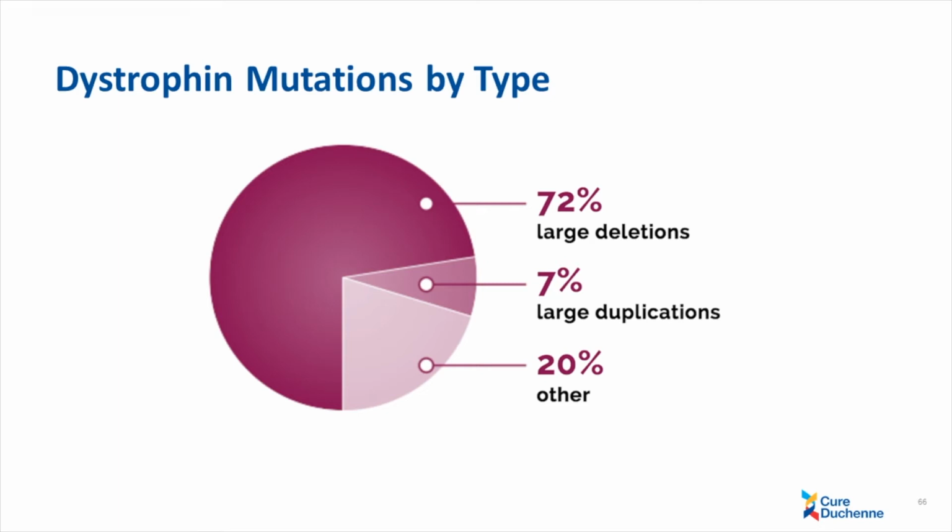Sometimes extra material, a piece of the DNA that's within an adjacent region, is duplicated. That also causes an interruption in the gene. And then occasionally there are smaller mutations which are harder to detect, but also in effect lower the amount of dystrophin and therefore make the cell susceptible to damage. So if we go on,